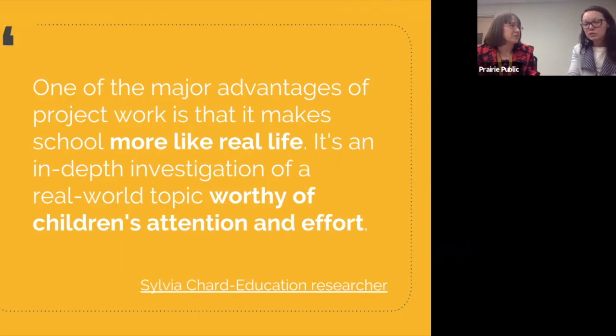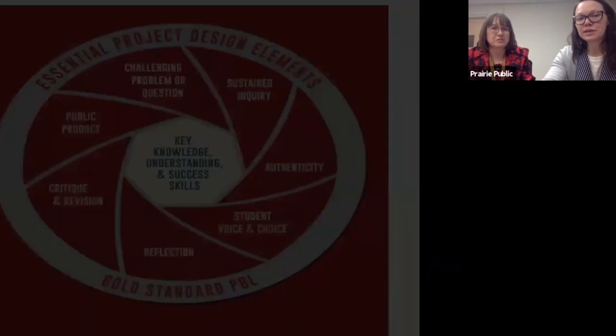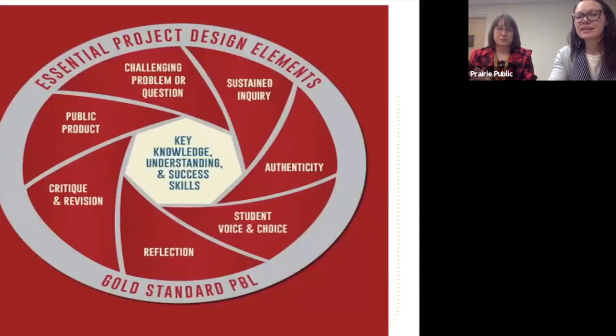And so anything we're doing in the classroom should be about the kids and what is going to help them grow. And I've loved hearing you talk about why project-based learning is so essential to that. I want to get back to this key knowledge, understanding, and success skills. As we're talking about the difference of projects versus project-based learning, can you talk about this little visual and what